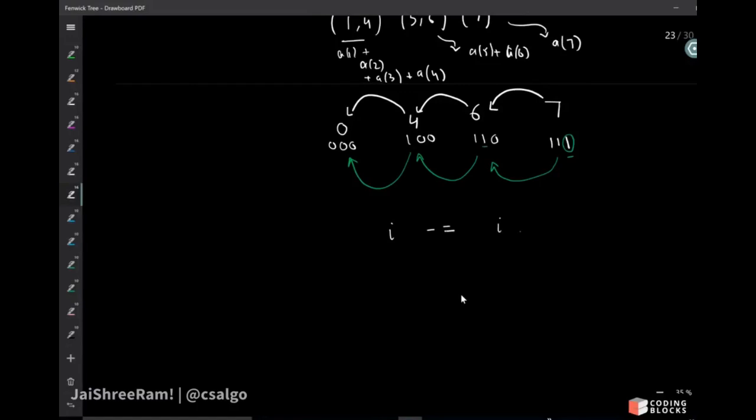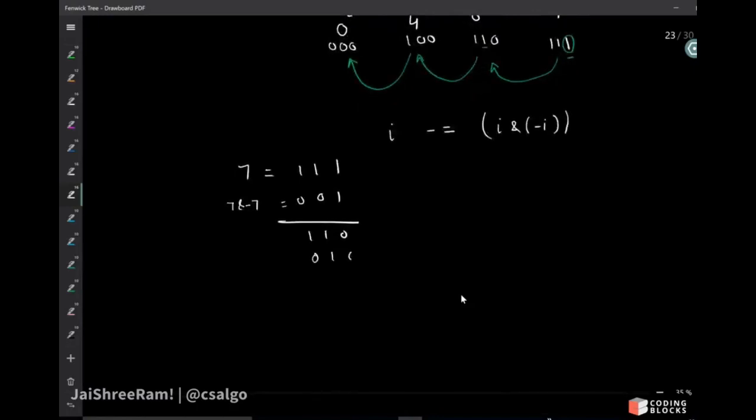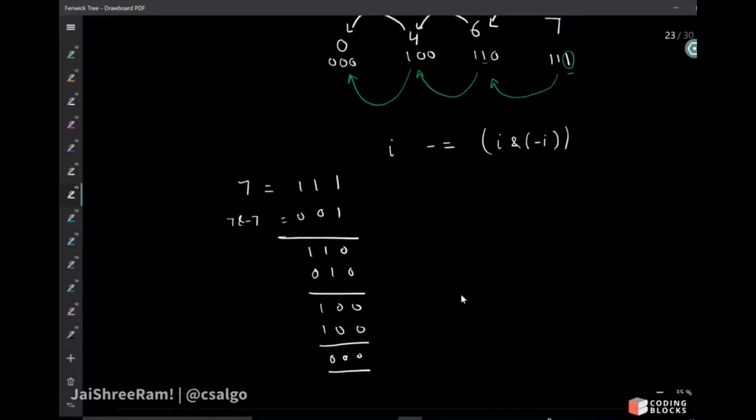तो बेसिकली हम i में से कुछ सब्ट्रैक्ट कर रहे हैं विच इज़ नथिंग बट i एंड माइनस i, राइट। तो 7 के लिए करके देख लेते हैं। 7 इज 111 एंड 7 एंड माइनस 7 क्या होगा, इट विल बी 001, राइट। एंड सब्ट्रैक्ट कर दिया तो इट बिकम्स 110, राइट। तो 6 के लिए ये होगा, सब्ट्रैक्ट कर दिया तो इट बिकम्स 100, एंड 4 के लिए यही होगा, सब्ट्रैक्ट कर दिया तो इट बिकम्स 000। तो हमें बस ये काम करना है, राइट।